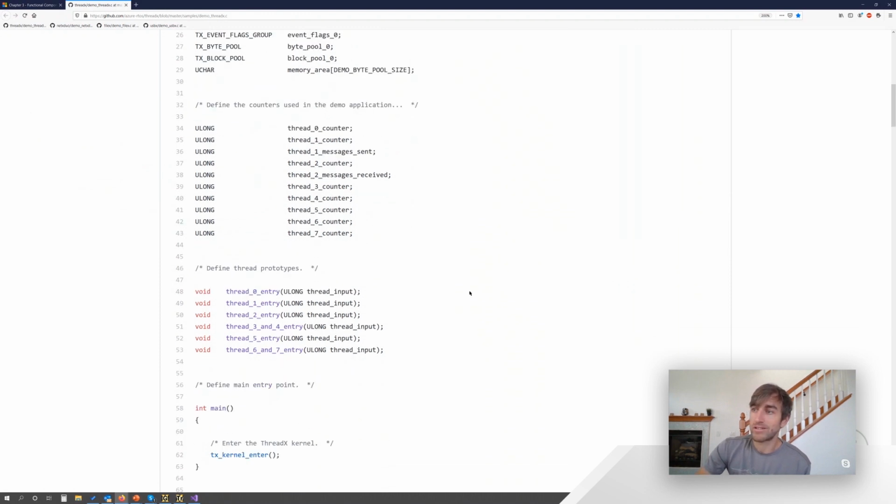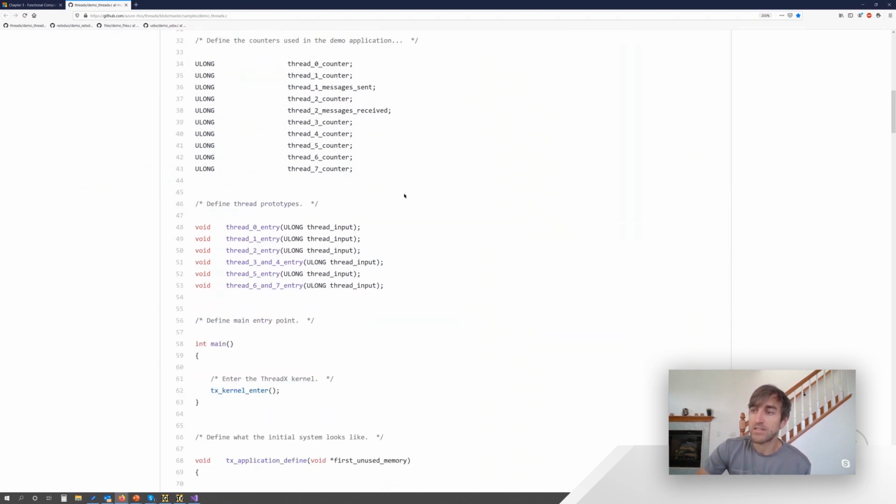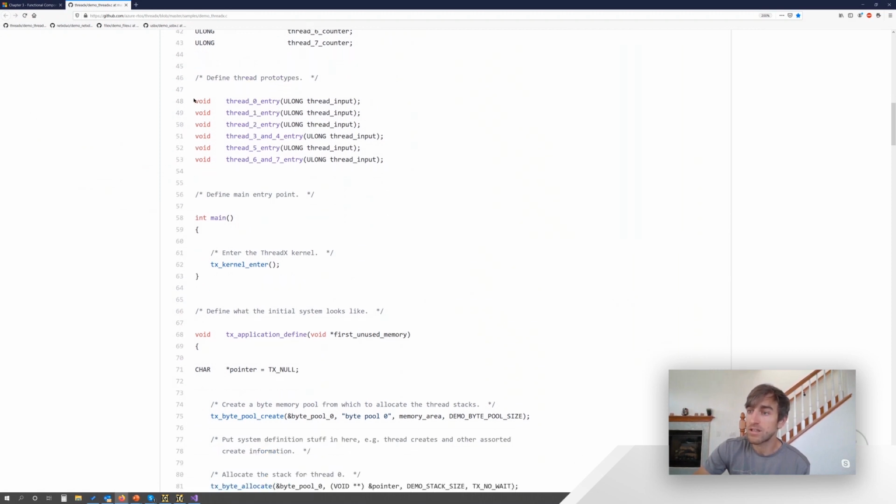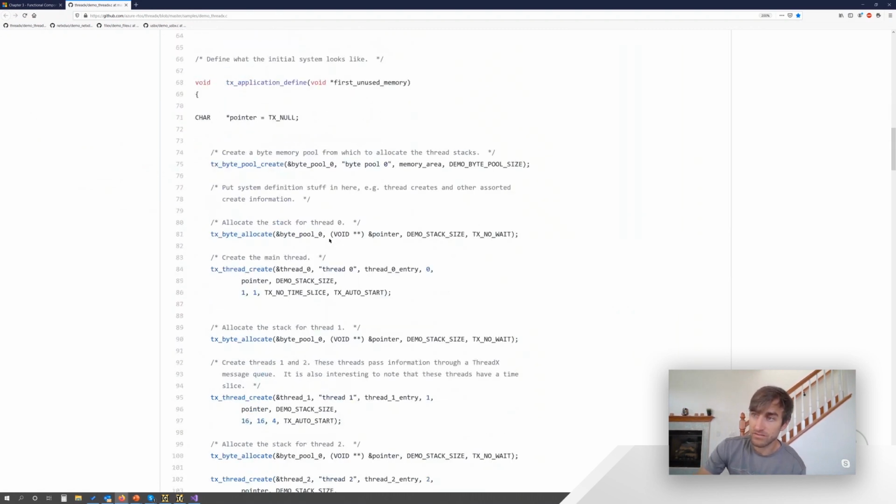So all we've done here is create a timer for each thread. These are just function prototypes for the thread entry functions. But as you can see in main, all we do is call tx_kernel_enter. And then in our application define function, which is much bigger, we first create a byte pool because every thread needs a stack. Then from this byte pool, we will allocate